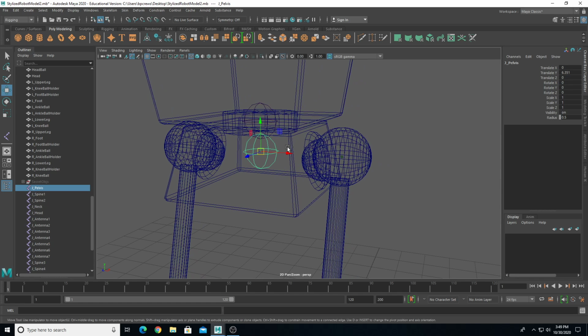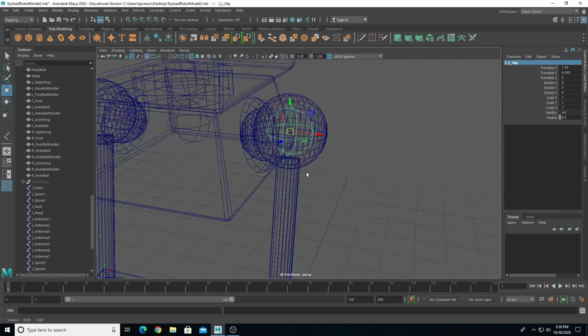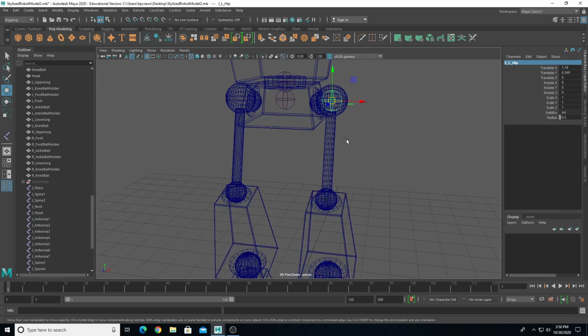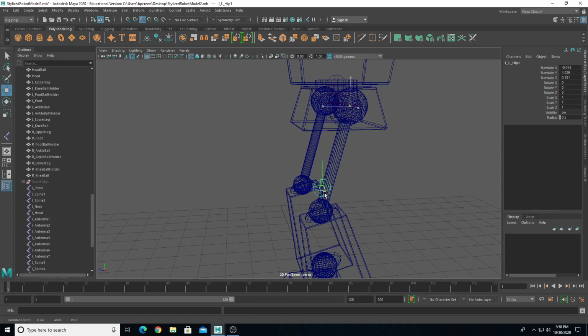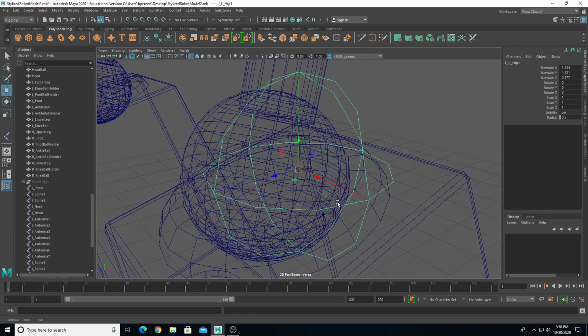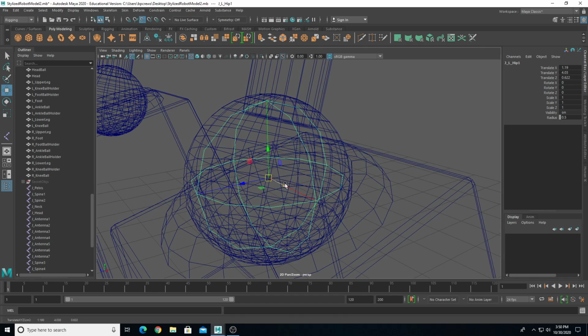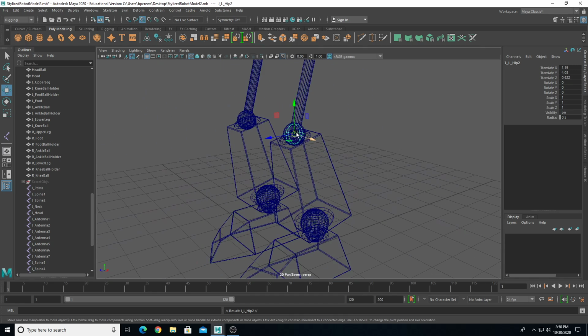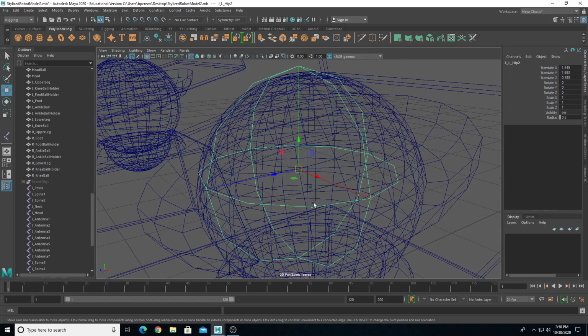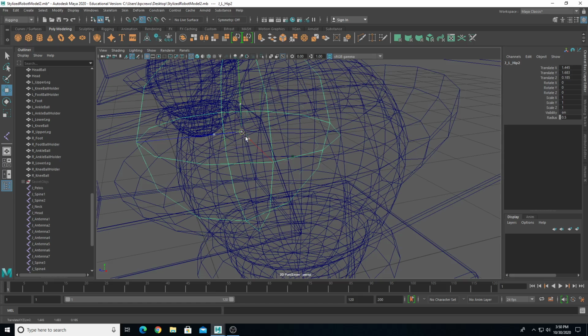This is my pelvis joint. I'm going to duplicate that. And this will be like my shoulder, or not, sorry, my hip. But I'm going to say joint left hip. Okay. So then now I'm going to hold down the V key and snap this to that pivot point for the hip geometry. I'm only going to work on this left side of the body, and I'm going to mirror things over. Copy this down for the knee. Okay. Duplicate again. And just to reiterate, I'm using Control D to duplicate,